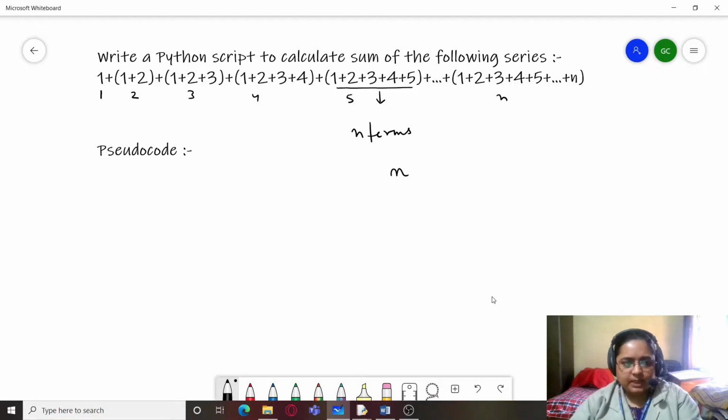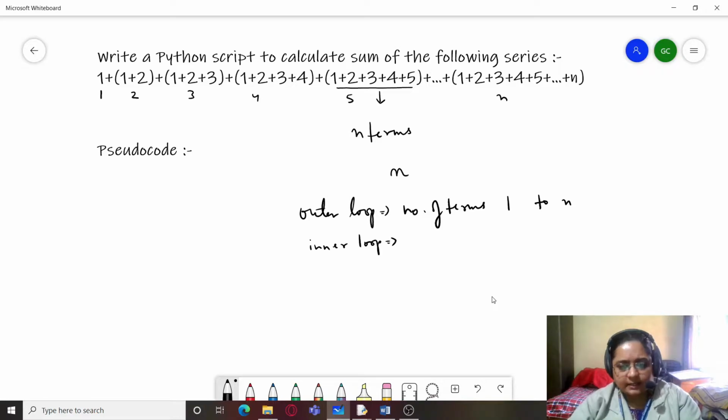So we can do it using two nested for loops, where the outer loop can handle the number of terms, that is 1 to n, and the inner loop can handle the sum of numbers from 1 to i.